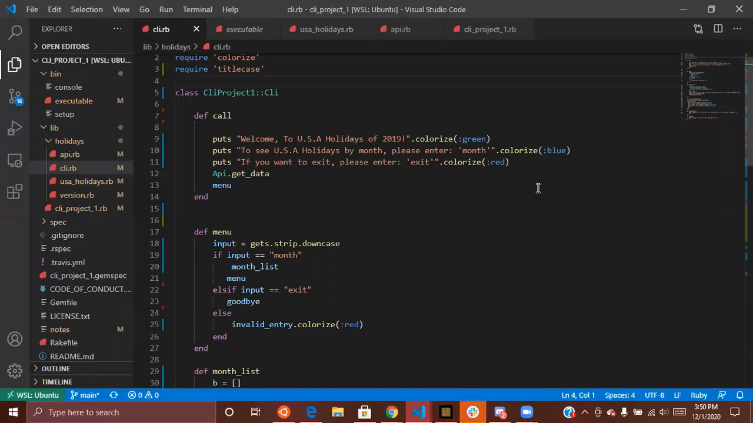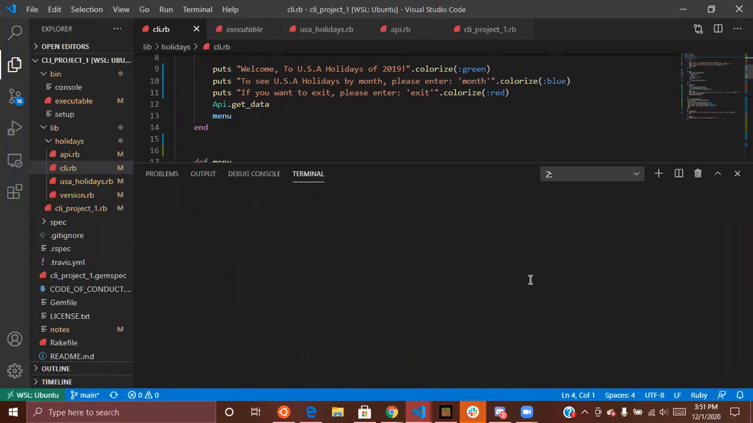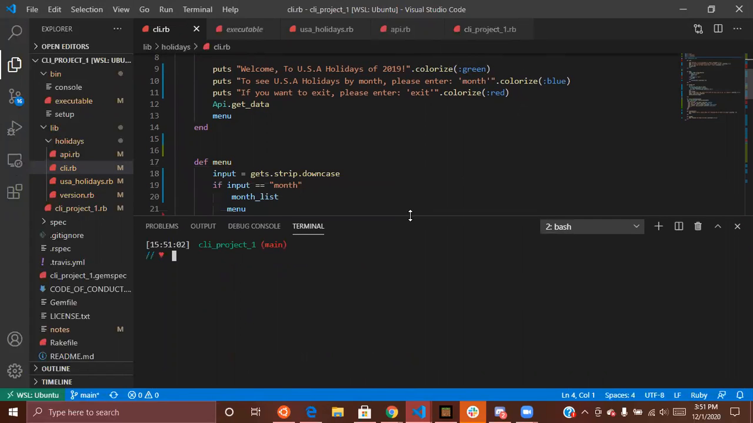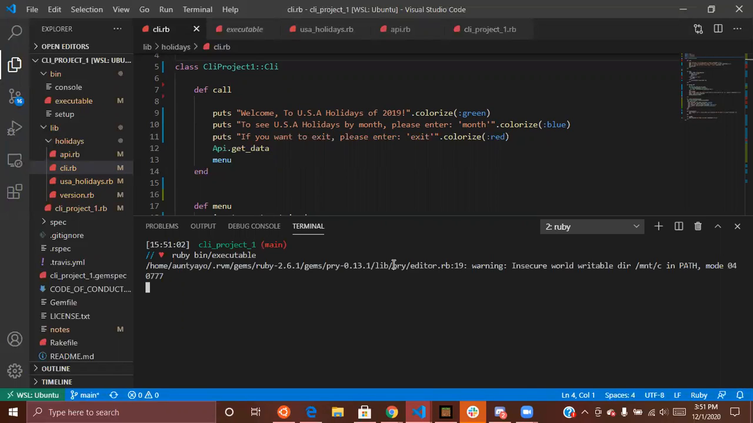As you can see, all of the values here have the dot colorized. This is also a gem. And then they have the specific green, blue, red. I think I just made my terminal go away, but I want it back. So let's wait for that to load. And so right here, after the call menu